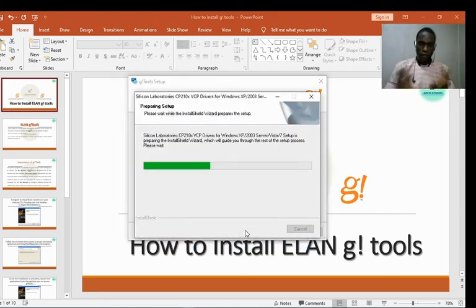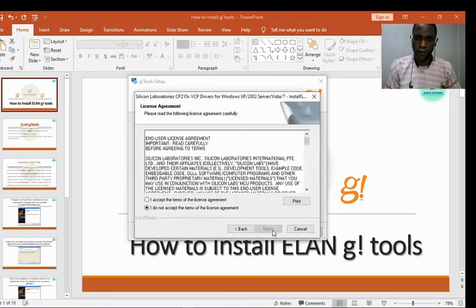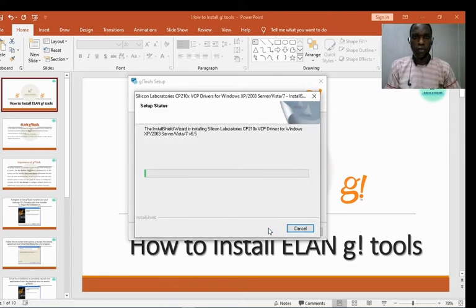So this software now you need it, so to download it and install. So next. You have to accept the license agreement. Then next, install. So this is the installation process now. So just be patient with it while it does the installation.